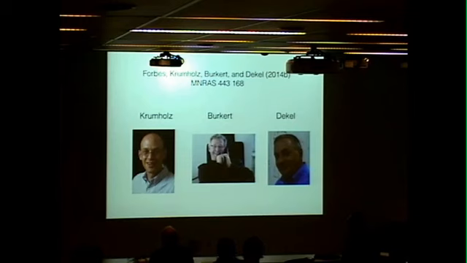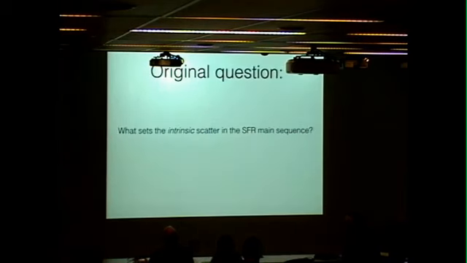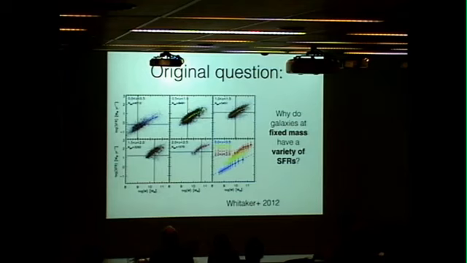The original question that we wanted to answer is what sets the intrinsic scatter in the star-forming main sequence. So I should tell you what the star-forming main sequence is. It's, I'm sure you all know, the correlation between stellar mass and star formation rate in star-forming galaxies. It exists across a variety of redshifts, and it has some finite scatter, so about a factor of 2. So the question we want to answer is why do galaxies at a fixed mass have a variety of star